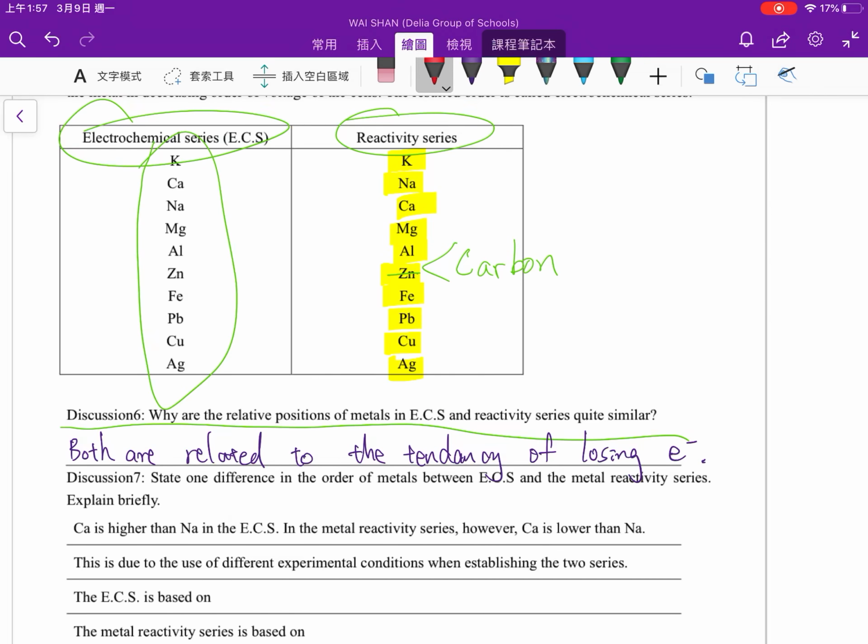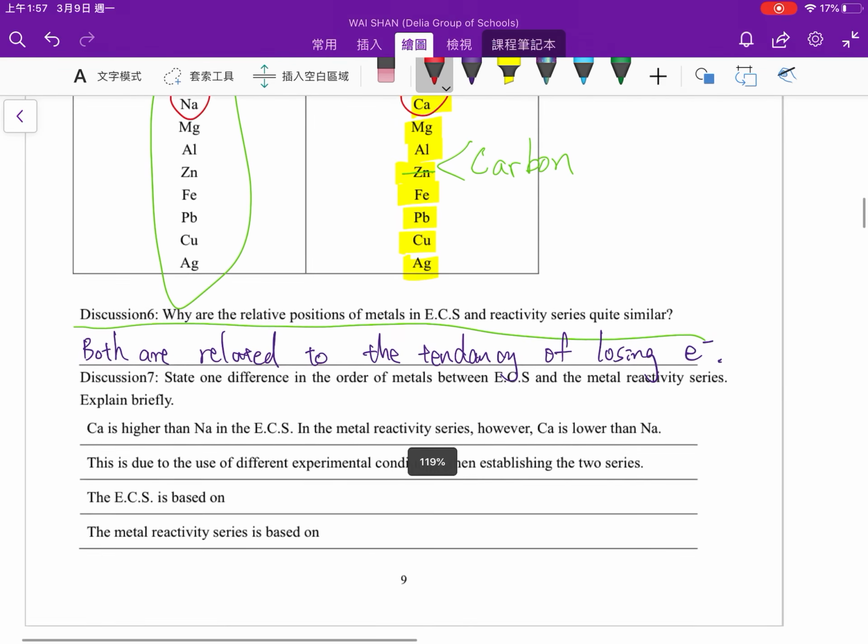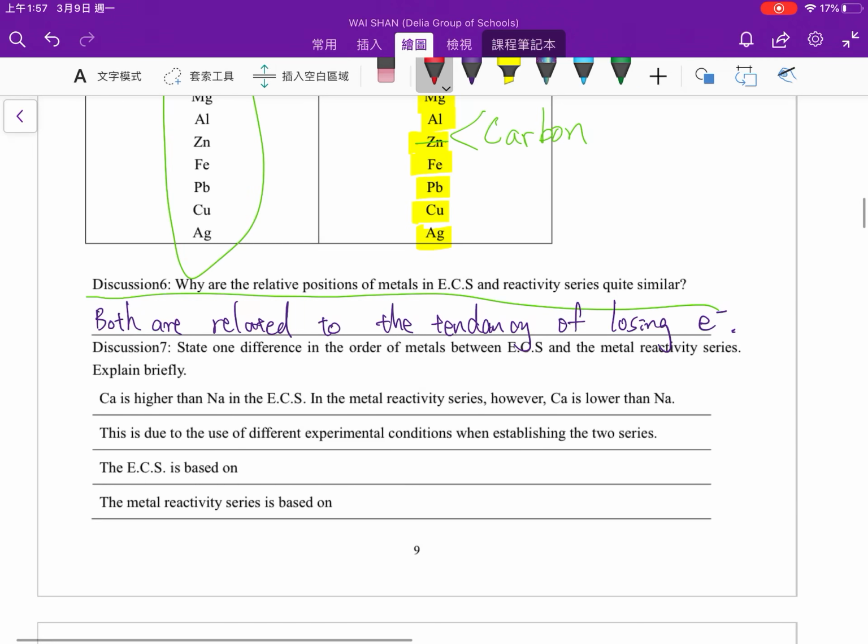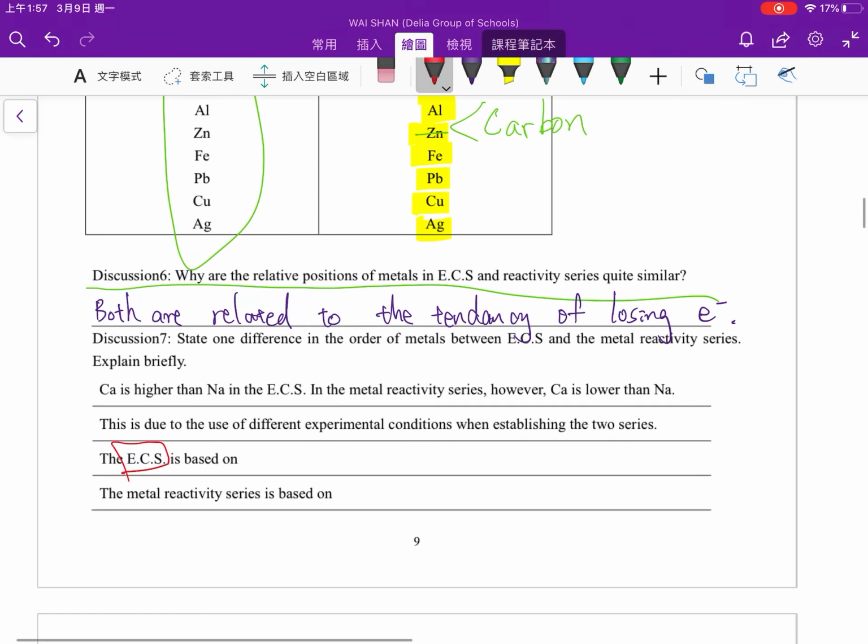When you look into these two series carefully, you will find that calcium is higher than sodium in E.C.S., but lower than sodium in the reactivity series. Why are they different? Because they are measured using different methods. Do you still remember how we measure? What do we measure to get E.C.S.? We measure the voltage, right? So E.C.S. is based on the voltage